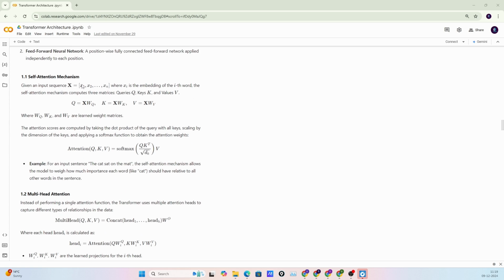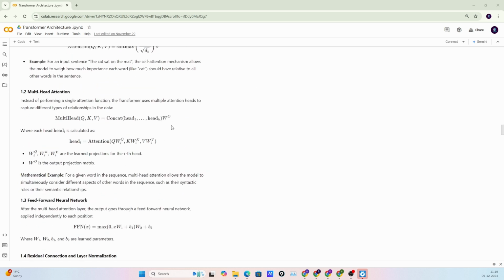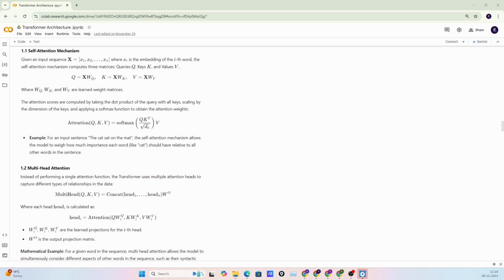This part, self attention, I have already covered. Now I move to multi-head attention. In multi-head attention, the core part is the same as I explained. The query vector, key vector, value vector, all the things are the same. The attention formula is also the same. We just use multiple attention functions instead of a single attention function. We use multiple heads of attention to capture different types of relationships in the data.